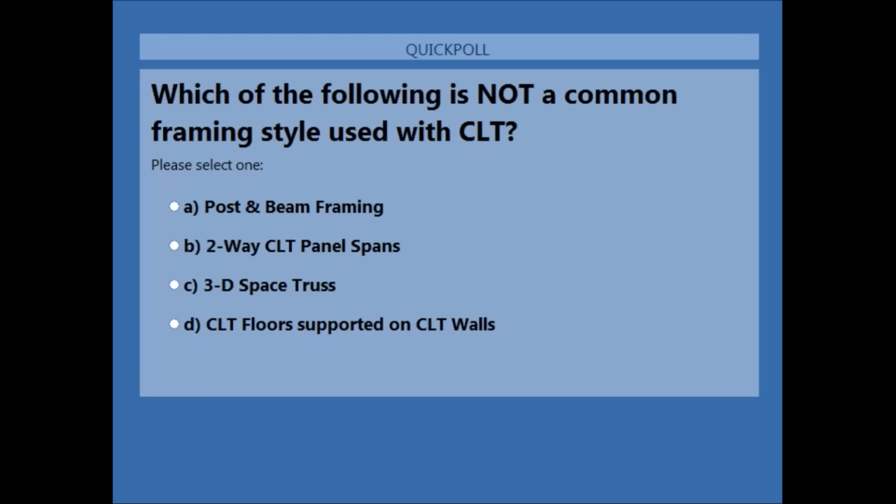Remember to vote within the poll box. Every once in a while I see a little answer pop up in the question box, so I just want you to remember to answer within the poll box. All right, I've got about 30 seconds there, and 78% voted, so if we can get that 80% threshold. All right, 45 seconds, so I'm going to close